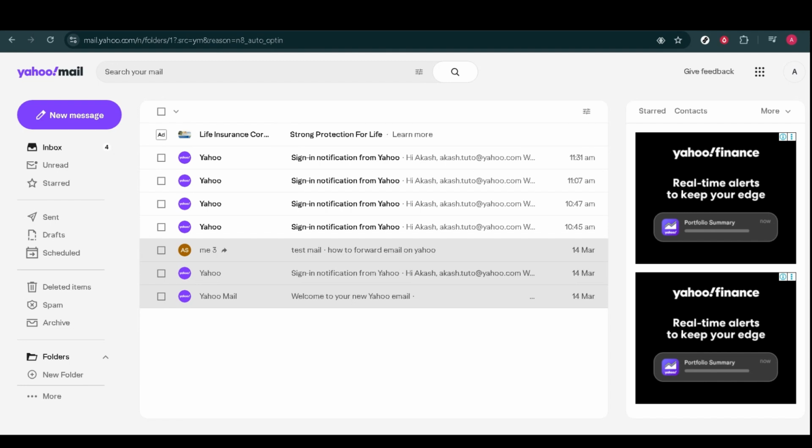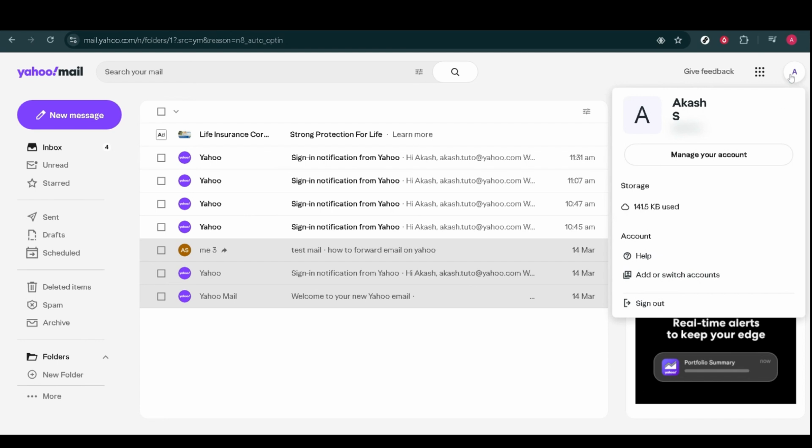Alright, let's get started. First, open your browser and go to your Yahoo Mail account. Once your inbox loads, look toward the top right corner of the screen where you'll see your profile icon. This is usually your profile picture or a small circle with your initials. Click on this profile icon to open the account options menu. This area gives you access to important account settings, including security information and login activity. If you ever suspect that your Yahoo Mail account may have been hacked, this is the first place you should